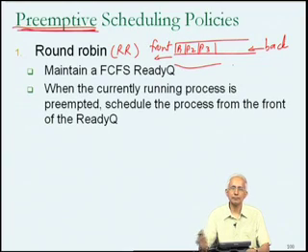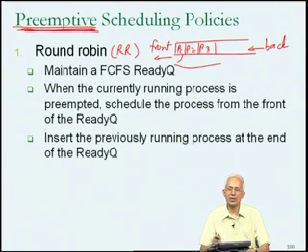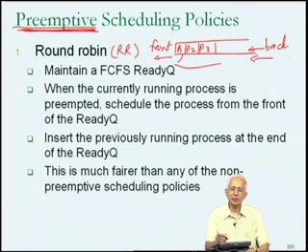Now remember, this is a preemptive policy, so sooner or later the currently running process will reach the end of its time slice and will have to be evicted on a context switch. So when the currently running process is evicted, the scheduler will schedule the process from the front of the ready queue. And what will it do with the process which was just running until the context switch occurred? It will put that previously running process at the end, the back of the ready queue. So essentially the processes in the ready queue, one after the other, will get scheduled,